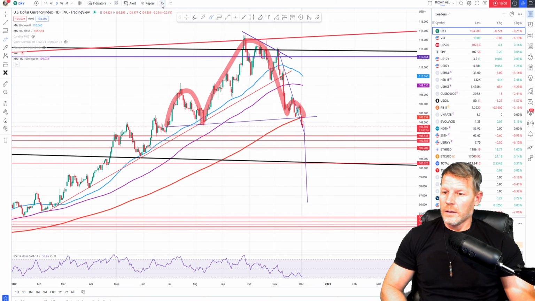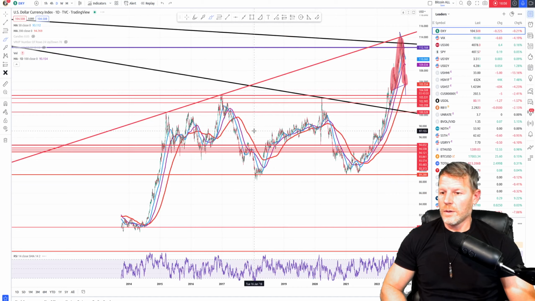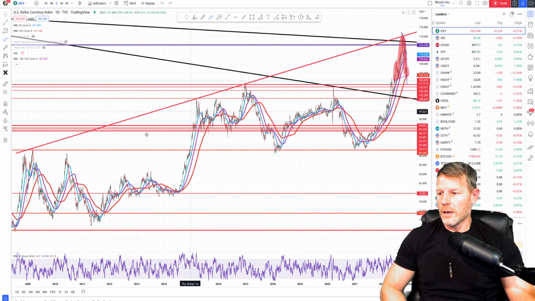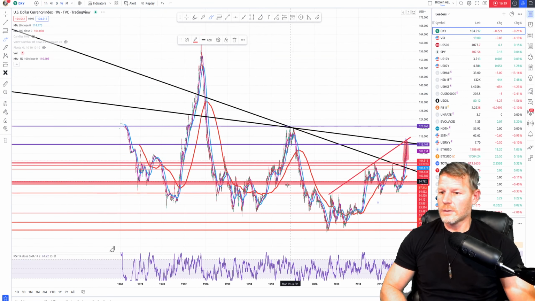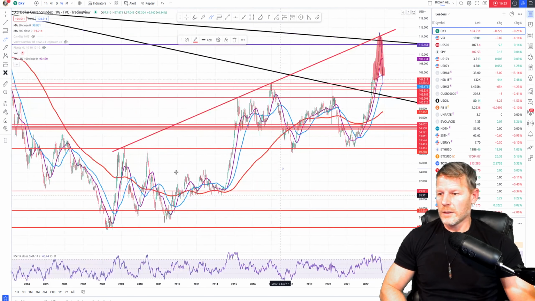And another thing that I want to show you here on the dollar chart, let's zoom out and show you this line that we have been under as long as we have remained in the secular bull market. Now my chart just stopped zooming out for whatever reason. Let me put it on weekly just to see if I can get it. All right, so we're on weekly here. See this red trend line? The dollar has been under this trend line since